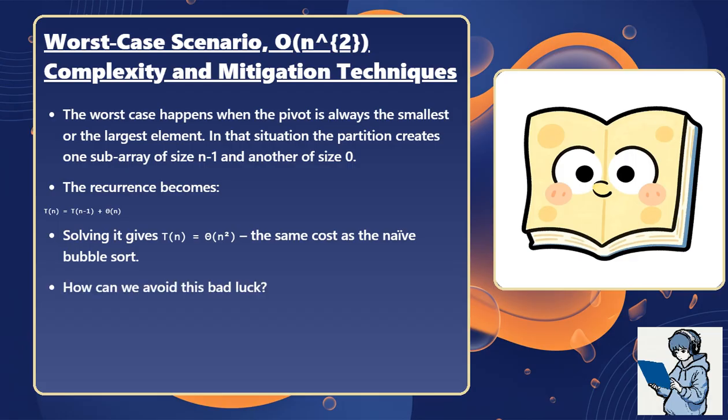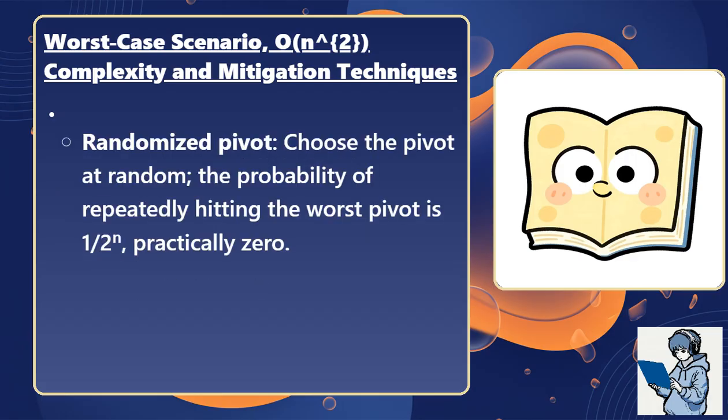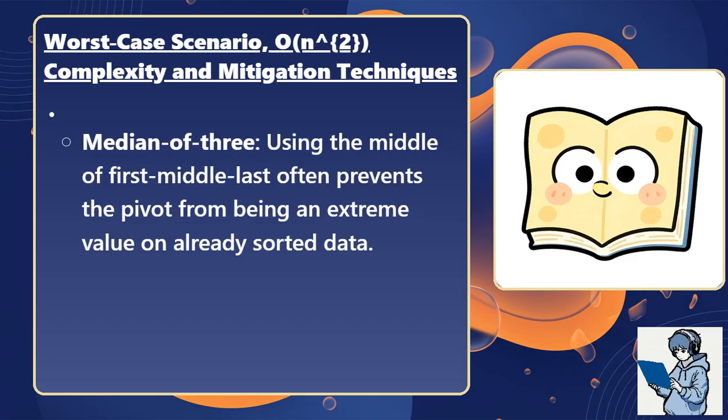How can we avoid this bad luck? Randomized pivot: choose the pivot at random. The probability of repeatedly hitting the worst pivot is 1 over 2 to the n, practically 0. Median of 3: using the median of first, middle, last often prevents the pivot from being an extreme value on